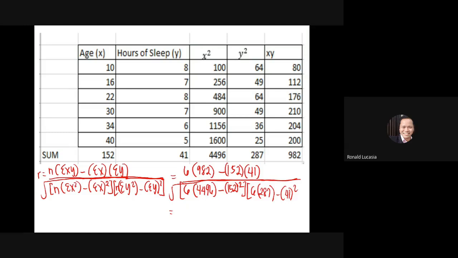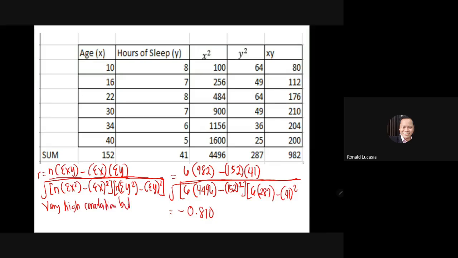It's negative 0.810. So what's the equivalent? What's the description to that? Very high, perfect correlation, moderately high, moderately low, very low, or no correlation. Very high. Okay, so there is a very high correlation